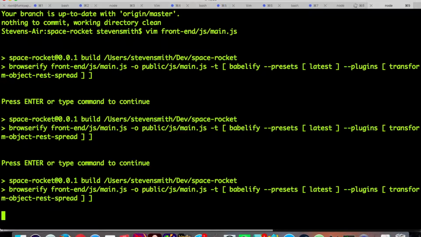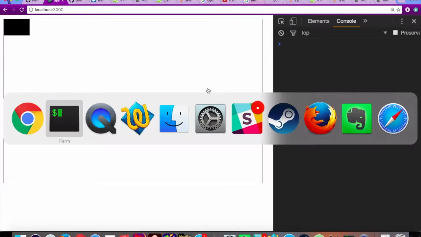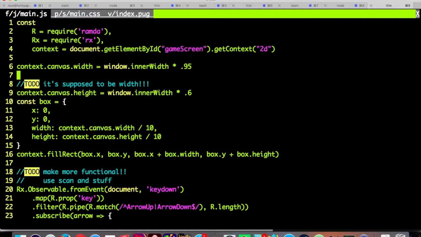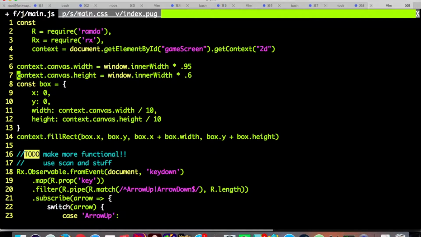I just want to get the game screen to look nice. That's all I really care about. And I think that's probably fine. Okay, so now that that's figured out,